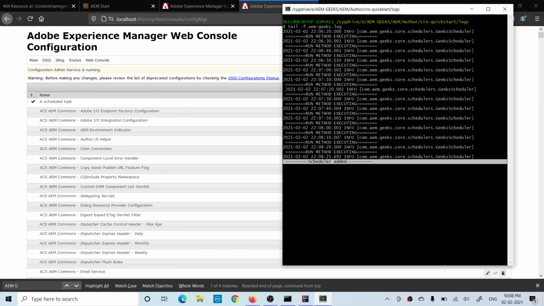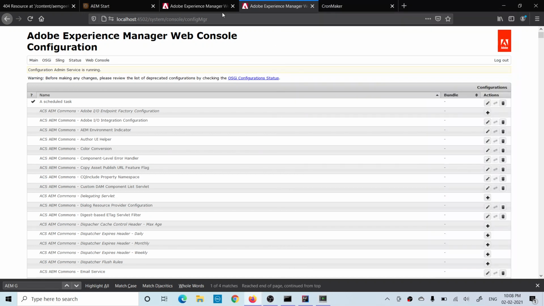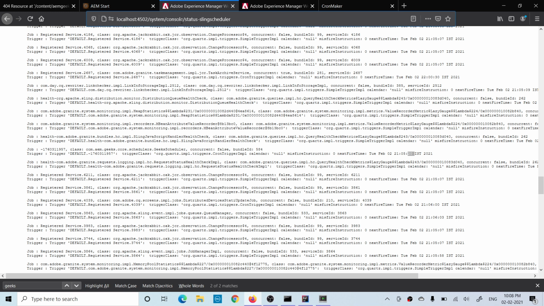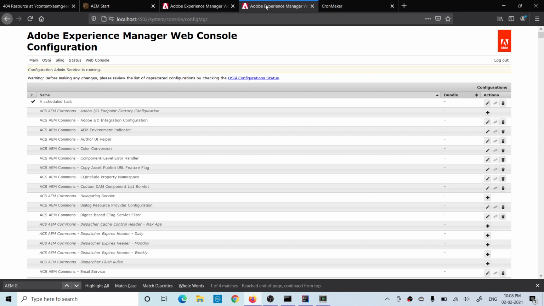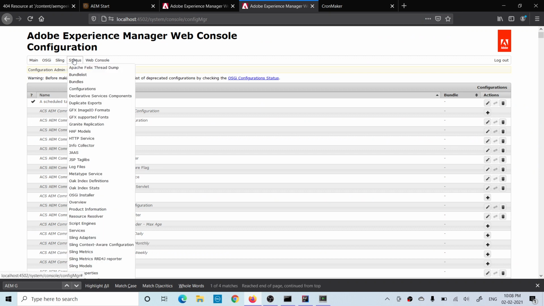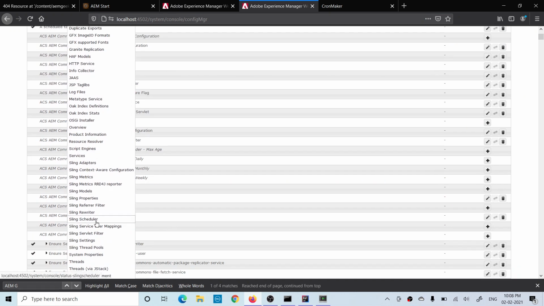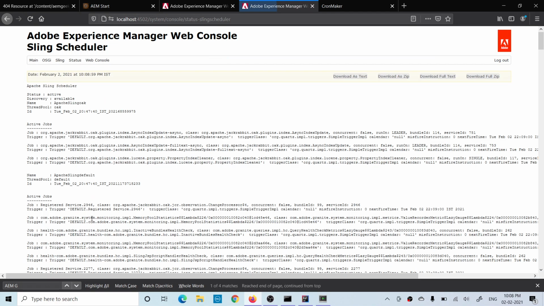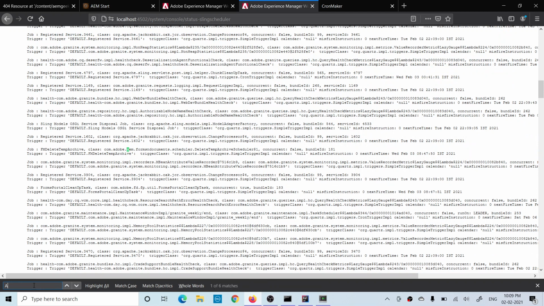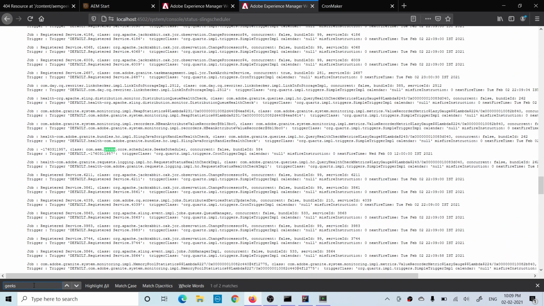Now if you want to check the status of your scheduler, go to the system console, status, Sling scheduler. How can you get that? Just come here, go to the status, go down, and there is Sling scheduler available, right? Now search your scheduler. You can search by your package, let's say Geeks, right?